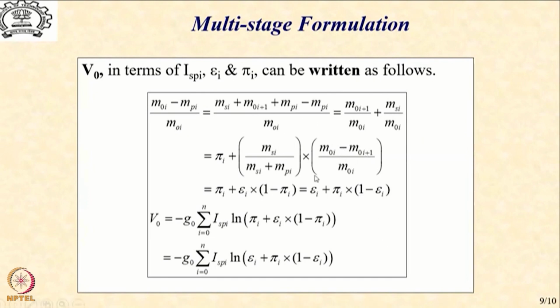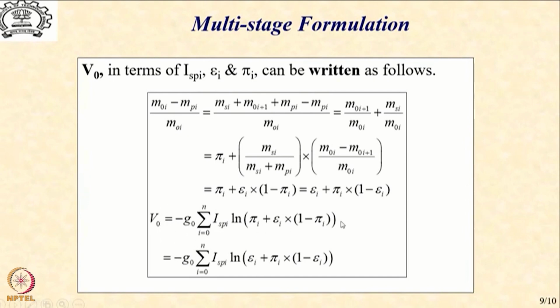The reason for this is quite obvious, because I want to get this in terms of the parameters that I have defined. Again, I see that m naught i by m naught i is nothing but 1, and m naught i plus 1 by m naught i is pi i, and I get an expression pi i plus epsilon i into 1 minus pi i, and this can also be written as epsilon i plus pi i into 1 minus epsilon i. Substituting this back into our velocity expression, we now have these two forms of the velocity expressions